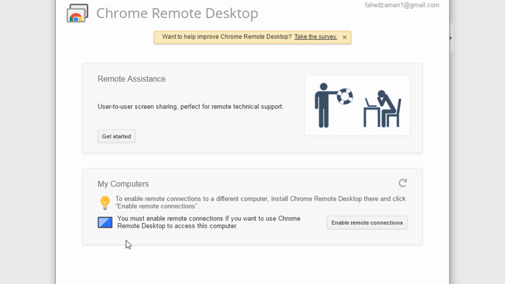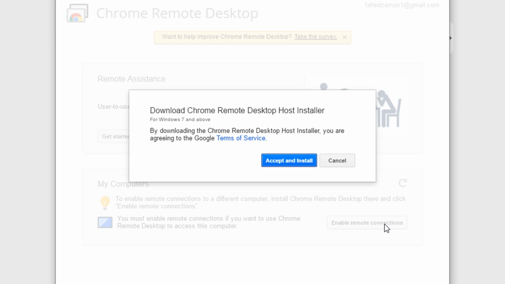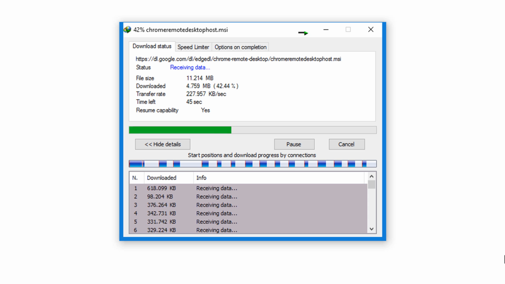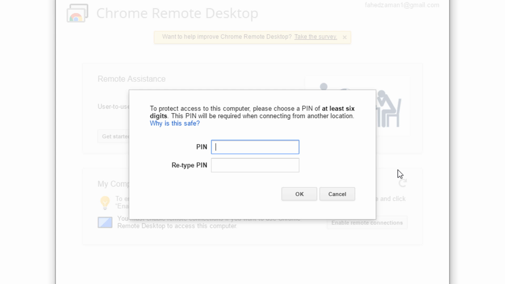Now the installation process will begin. Just proceed with the steps and the software will automatically download to your PC. Now you have to set a pin for the remote computer.